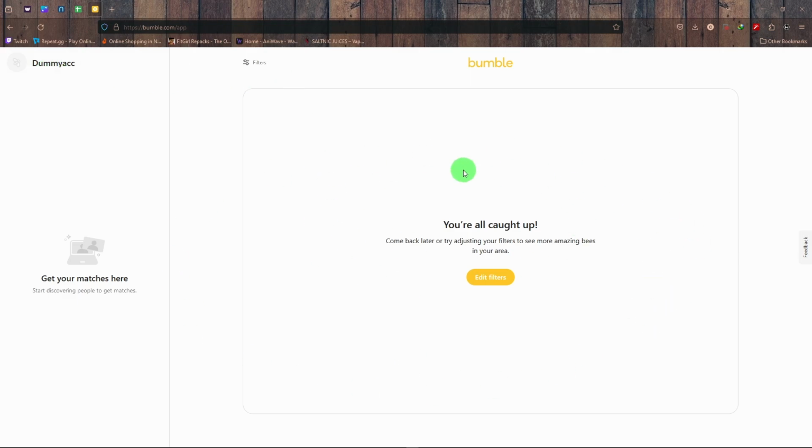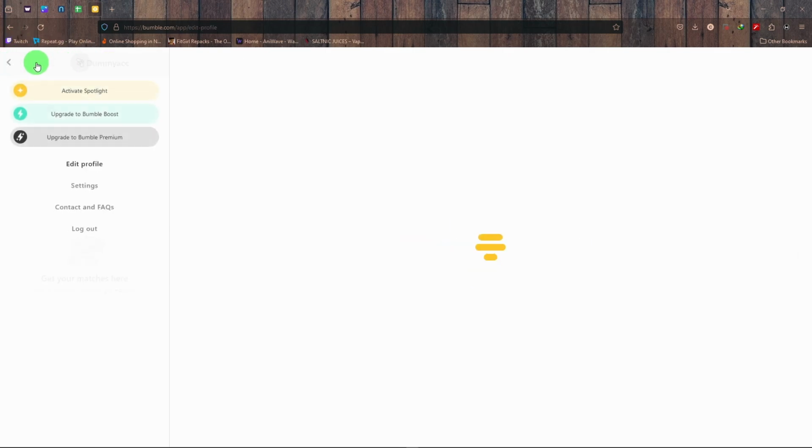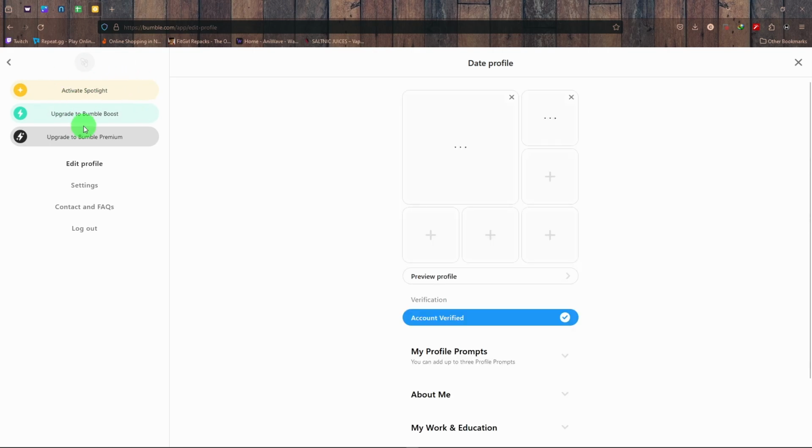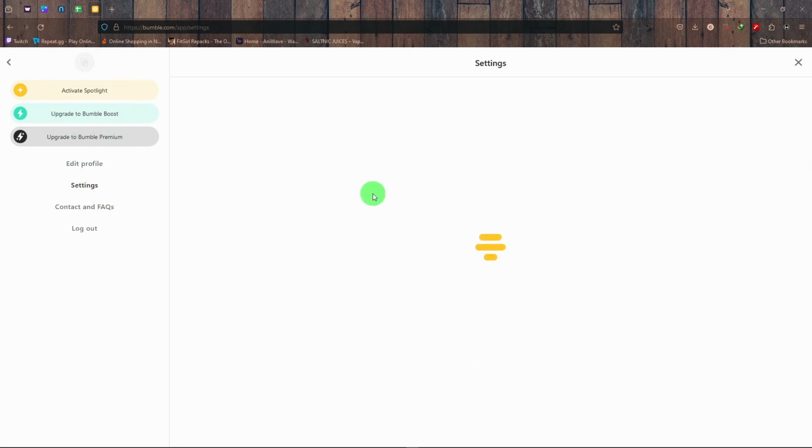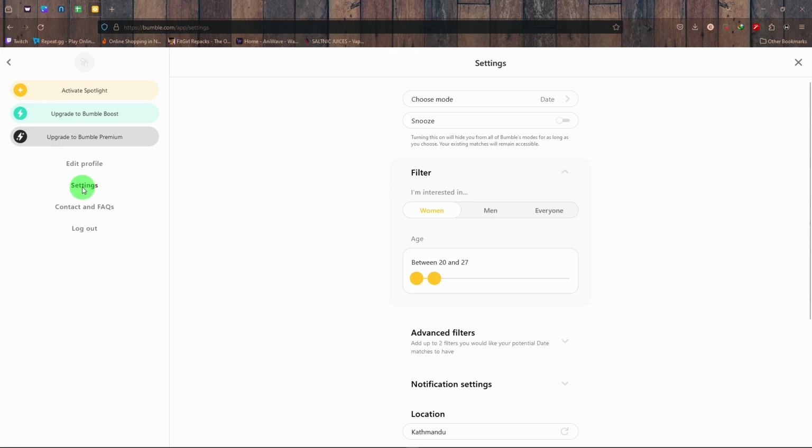So when you log in, that's your main page. When you reach there, you're going to click on your profile, so your profile picture or your username, right? So when that does, you're gonna go to the settings option right there. And now on this right side, you're gonna